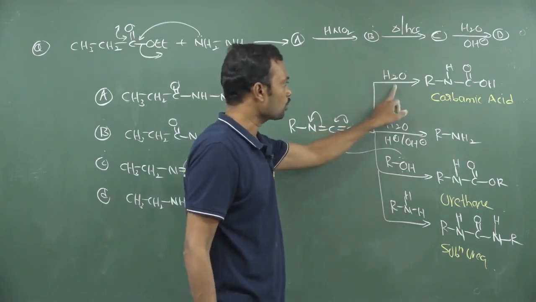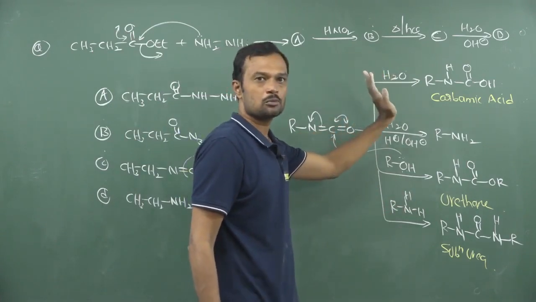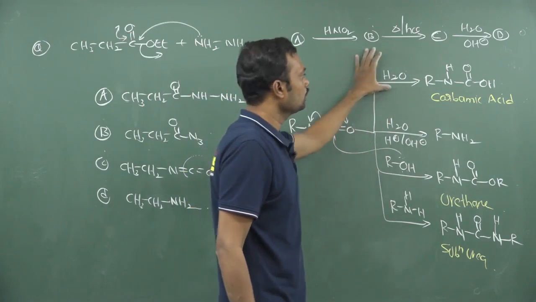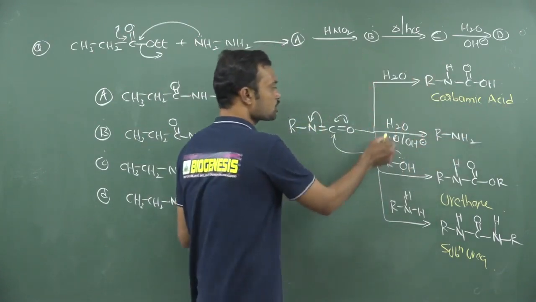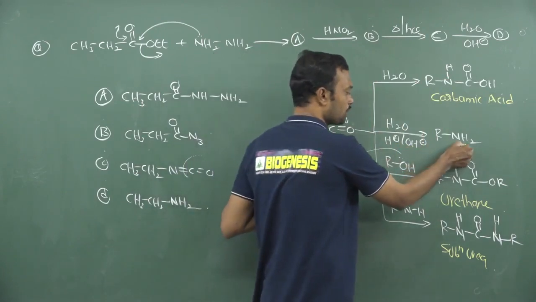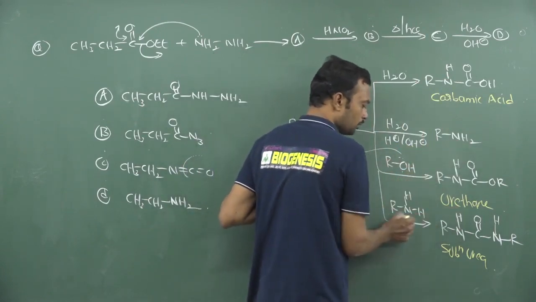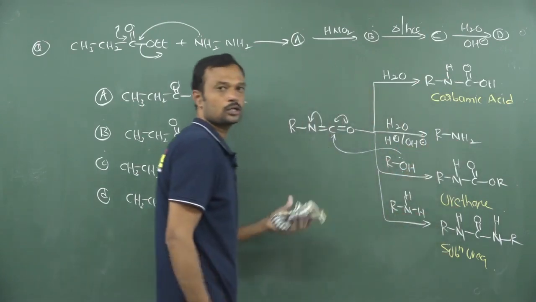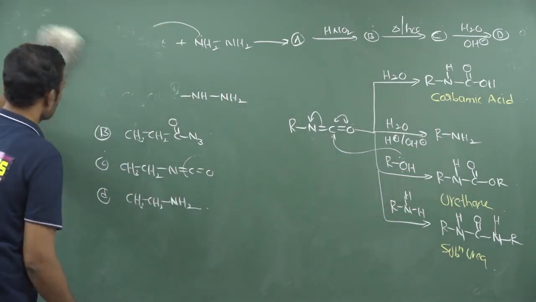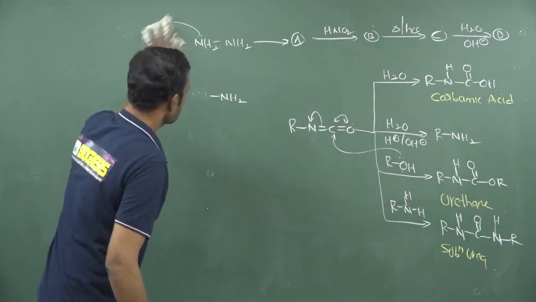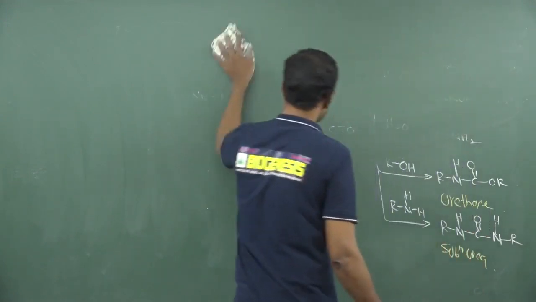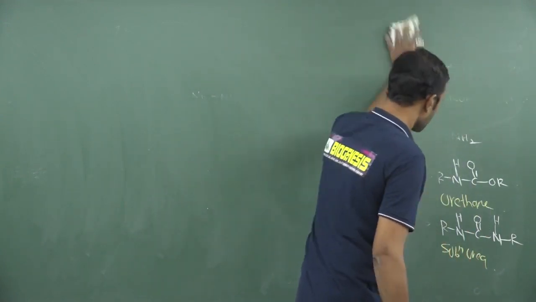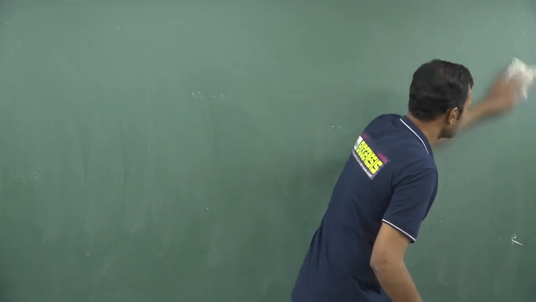If only water molecule is given without any acid medium or basic medium, you may expect carbamic acid formation. And if water molecule is given under acid or basic medium, you get primary amines. Alcohol gives urethane, and primary amines will give substituted urea. Okay. So now see, this is a question which is repeated many times in CSIR examination. Otherwise you can also go through various interconversions. One of the steps you can observe is this Curtius rearrangement.